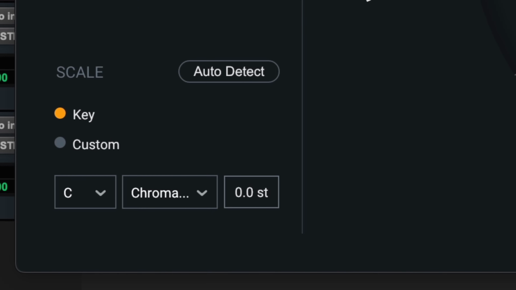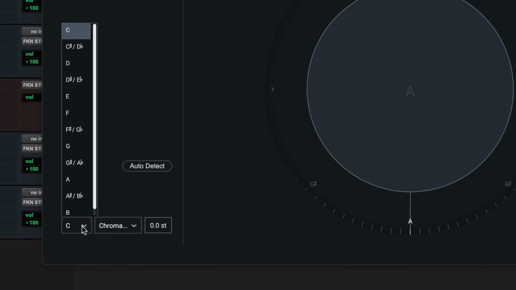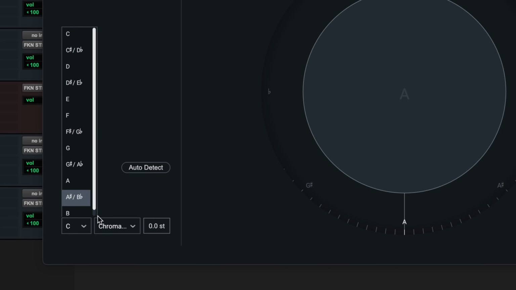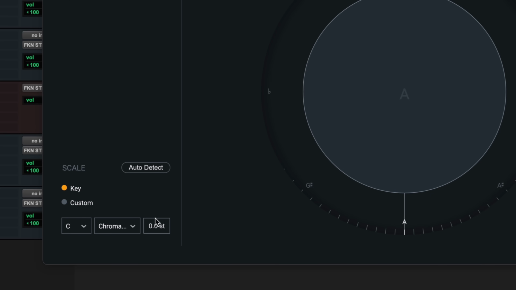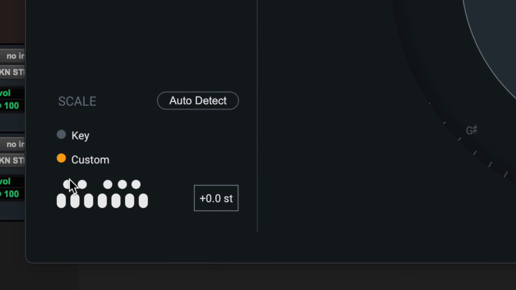Now, the next thing is we have scale. In order to do pitch correction, we need to tell Nectar 3 Plus what the scale, what the key of this track is, so that it can make sure to snap all of the notes incoming to a kind of pitch grid. If you know the key, you can just go in and plug the notes in here like this and go chromatic, major, or minor, move this up or down, these cents, or I can hit 0, bring this back. If I want to, I can do a custom key, and these are like little piano keys here, right? The black keys and the white keys, and just dial that in.